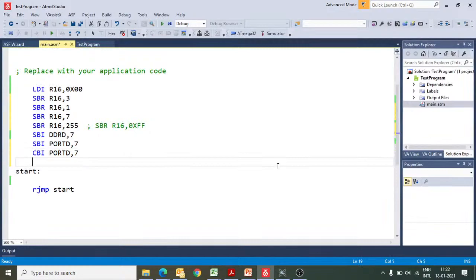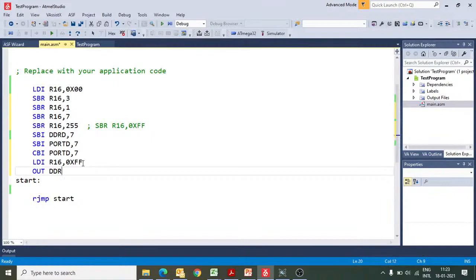I can also do it like this: LDI R16, 0xFF. Then I transfer this value to DDRD. If I do this, the value of R16, that is FF, will be transferred to the DDRD register. And last time I told you that DDR is the data direction register.